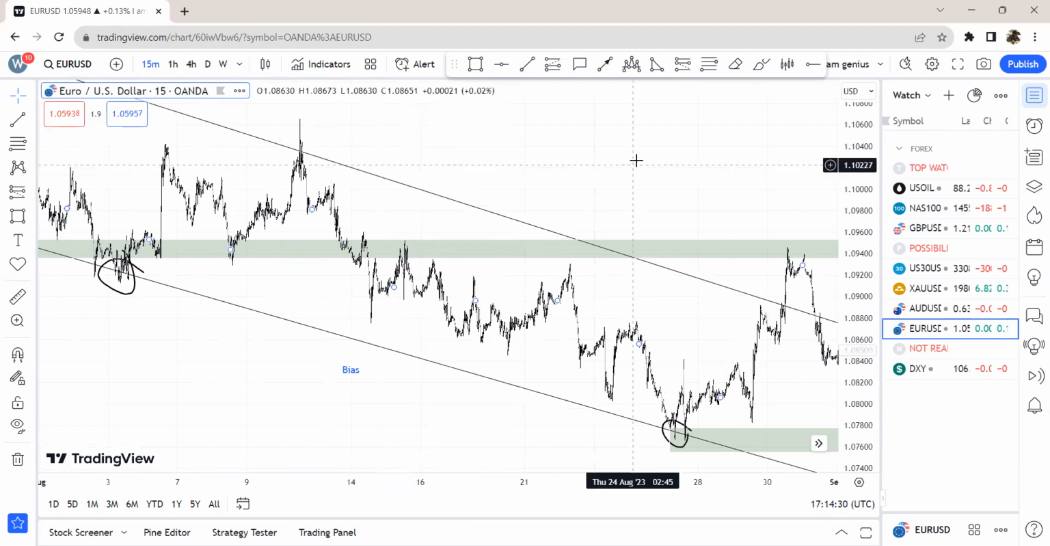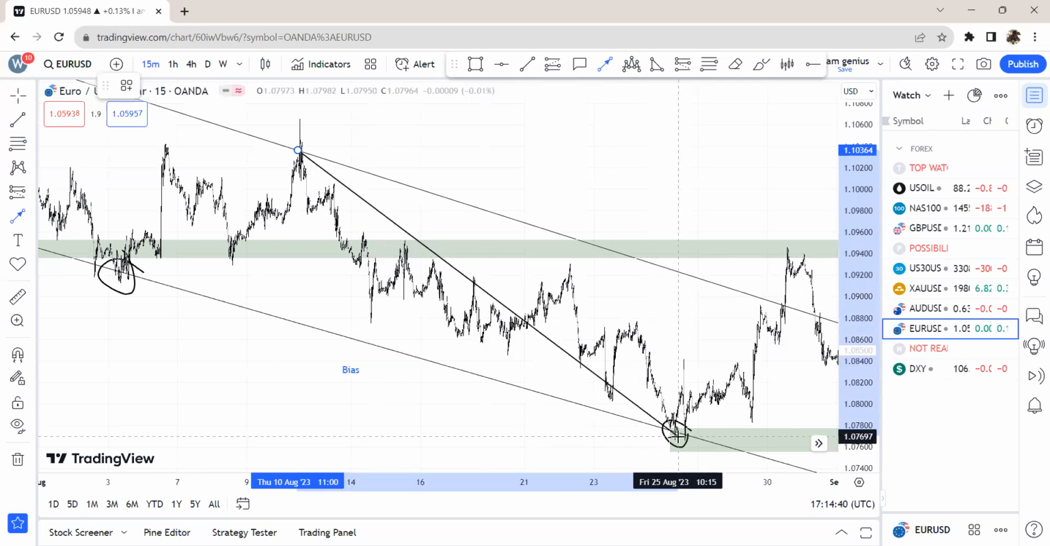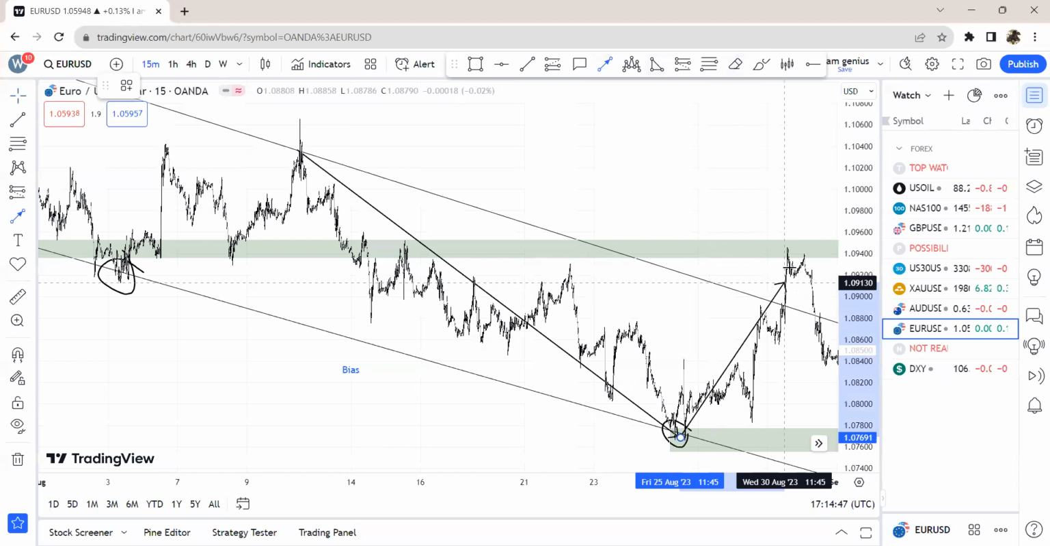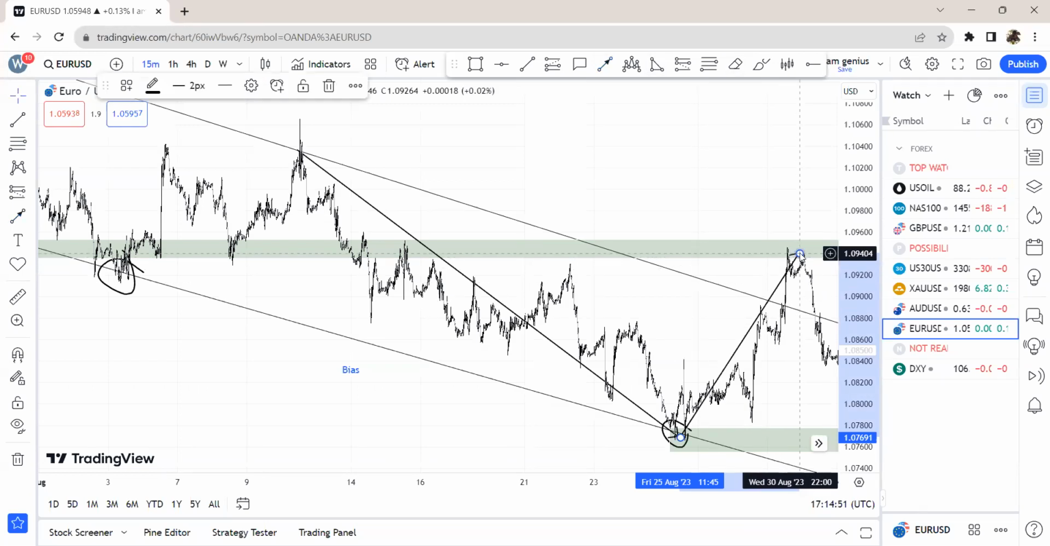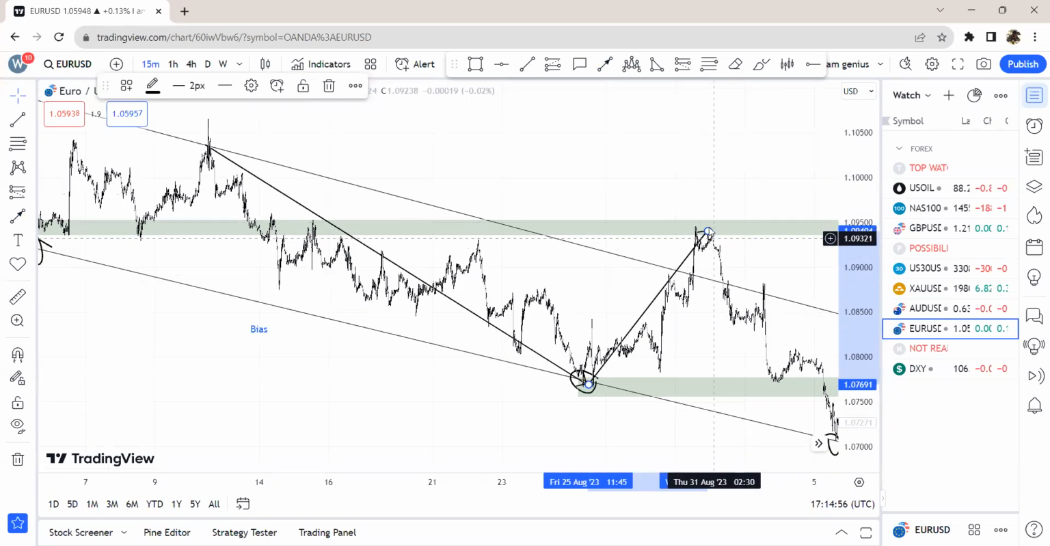So what I want to do is wait for the market to break this green line, this green zone. Then it moves all the way to here, right? The next thing I want to do is wait for it to push back up to that green level. Does that make sense? Yes. Once it reaches this green zone,